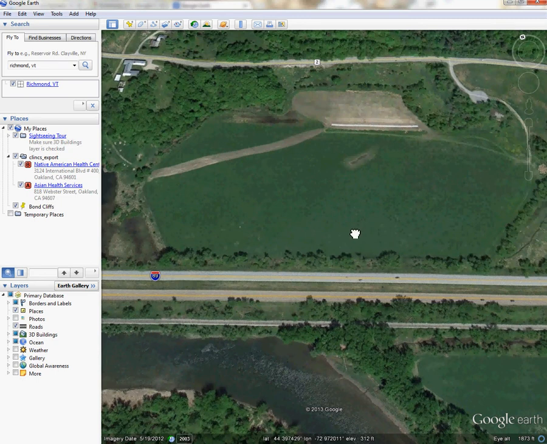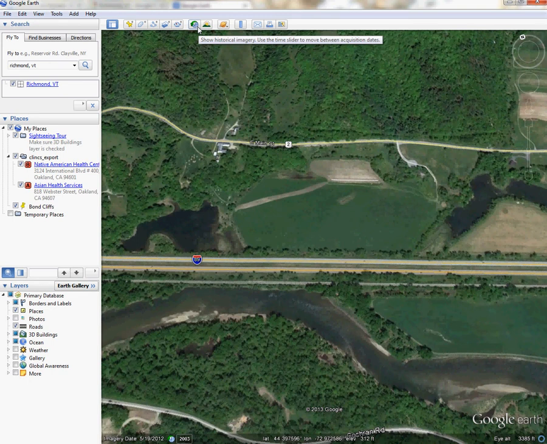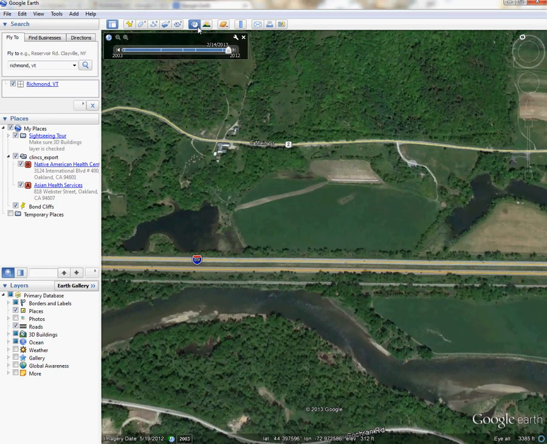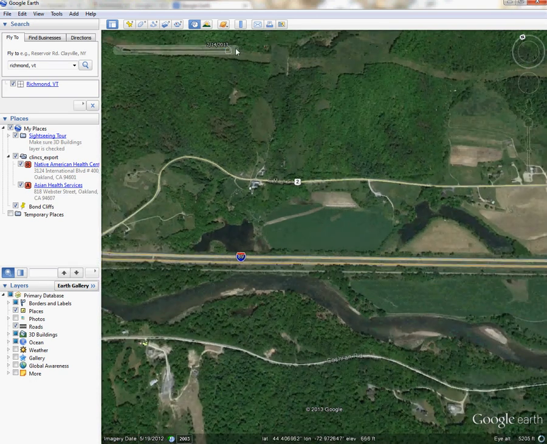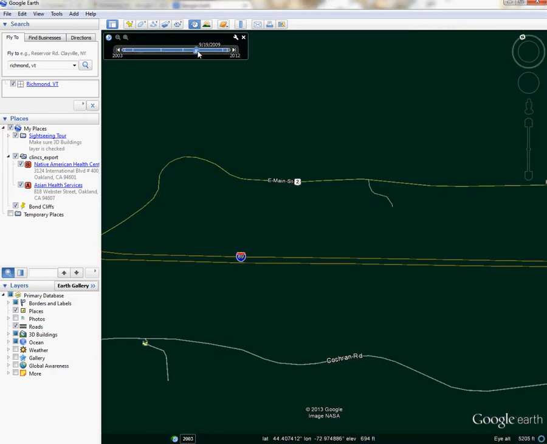Finally, the last thing on Google Earth that is really helpful is historical imagery. So if you click up here, this little clock symbol with a green arrow going in a reverse clockwise direction, you get this little bar that has dates on it. So right now it's 2012, and it looks like the imagery we have for this area only goes back to 2003. But what we can do is go to any of these little lines on the timeline and see imagery from different